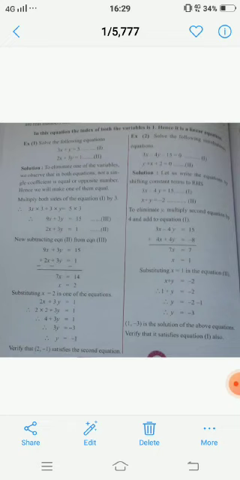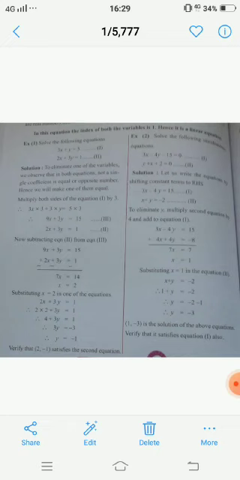Now here see, no change of sign. That will be easier for me because see, the y variable I have to eliminate. So the y variable in both the equations is with different signs. So that will be easier for me now. Now see, my equation number 1 is 3x minus 4y is equal to 15, but my equation number 2 is x plus y is equal to minus 2.